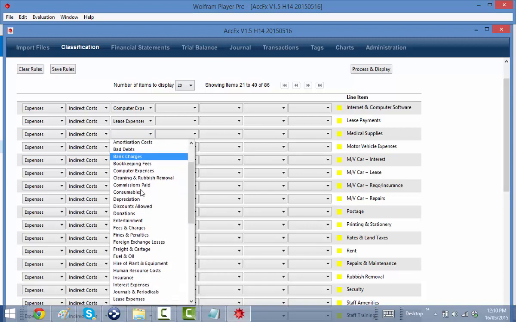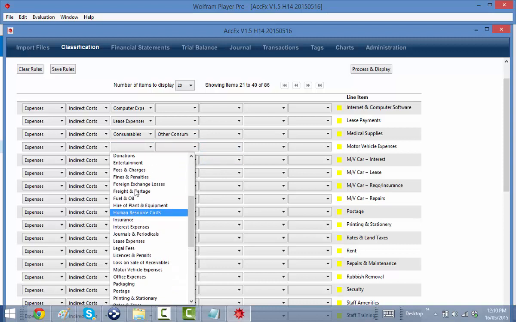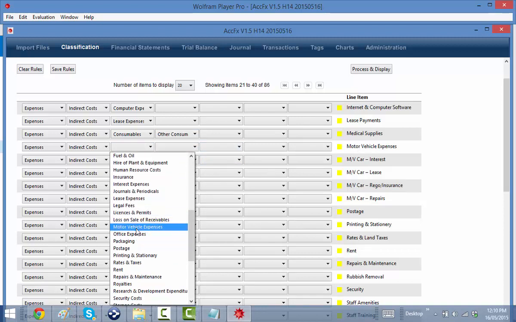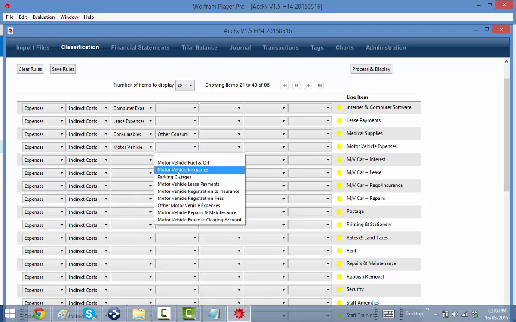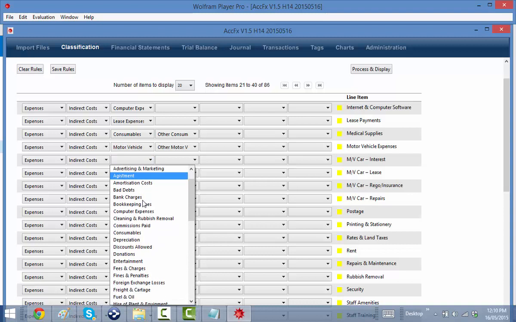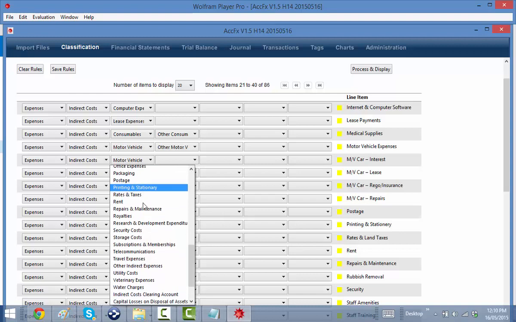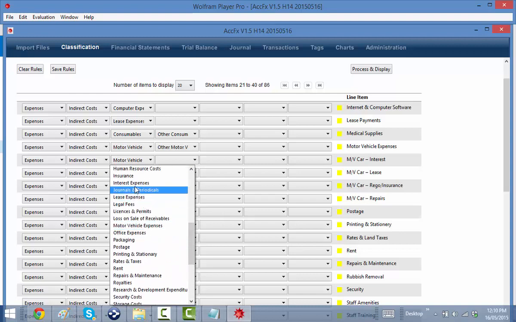Medical supplies, those are typically consumables. They're not in the game of selling product. They're using the stuff in the operation. So we're always thinking about what sort of business this is, and also classifying accordingly. So when we come to interest, well, motor vehicle interest, we should know that when we're doing this,